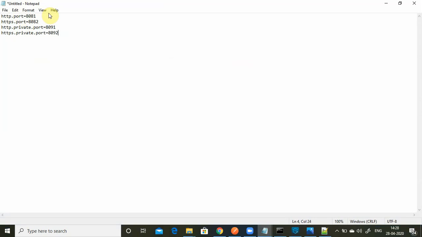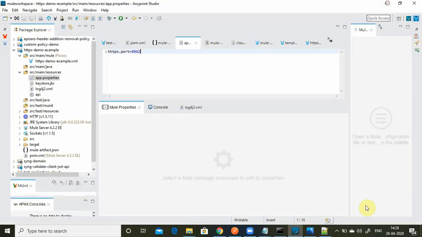If your dedicated load balancer has to access a CloudHub application over the HTTP protocol, you deploy the application on port 8091. If you want to access the application over HTTPS, you have to deploy on 8092. This is why we have to deploy the application on the proper port.